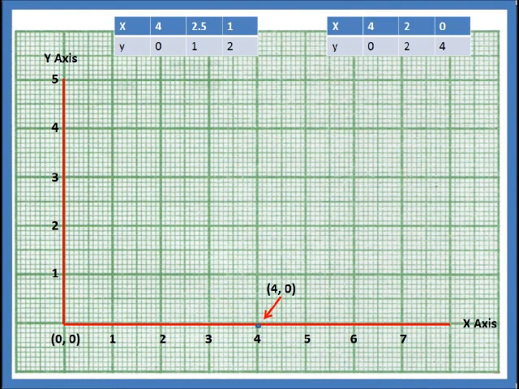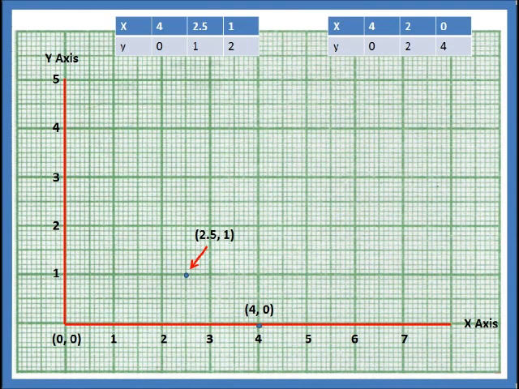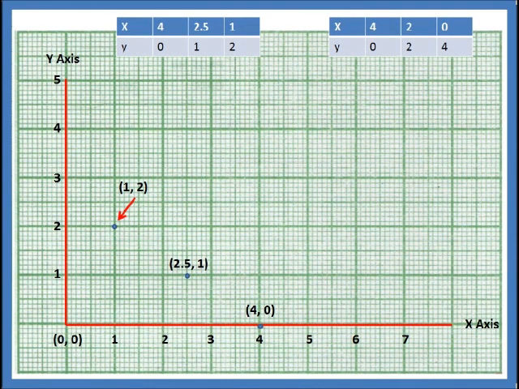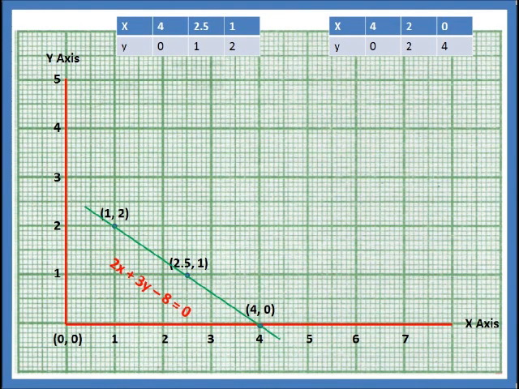So 4, 0 has been pointed by a red arrow, which is the first set of values from the first table. This is the second point from the first table, that is 2.5, 1, which has been shown by a red arrow. This is the third point from the first table, 1, 2, which has been shown by a red arrow. Now join all the 3 points by a straight line. So this is the line represented by the equation 2x plus 3y minus 8 is equal to 0, or the